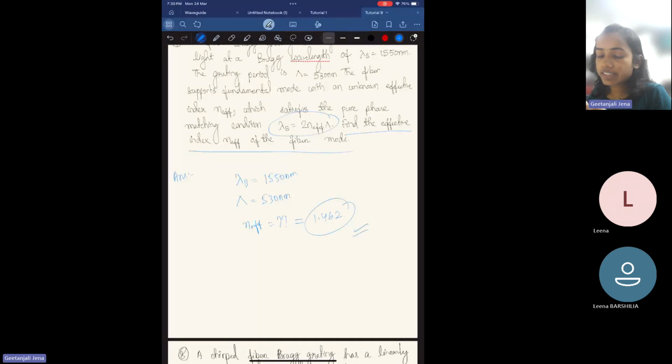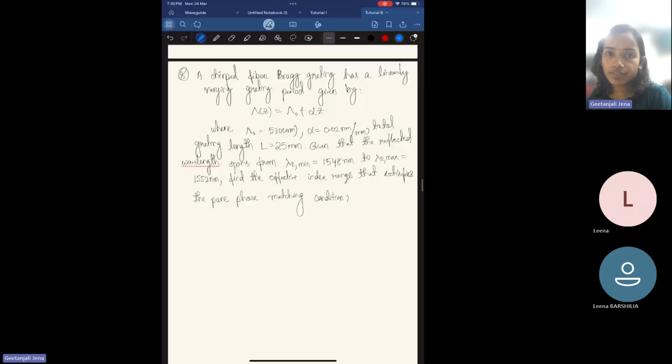So question number 8 is based on an aperiodic fiber Bragg grating. That is, the grating period is not the same along the fiber length. Depending on the position, the period is varying. This aperiodic fiber is also known as a chirped fiber Bragg grating. So in the question it is given a chirped fiber Bragg grating has a linearly varying grating period, which is